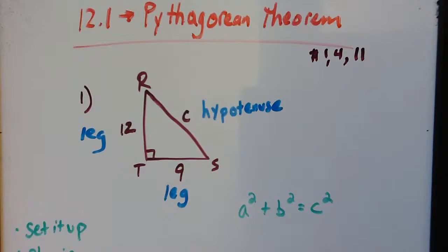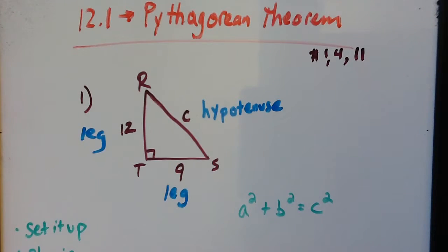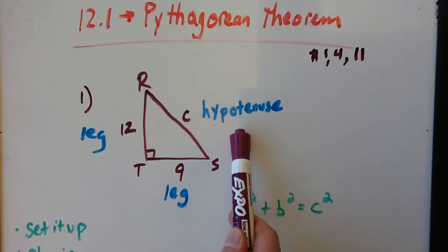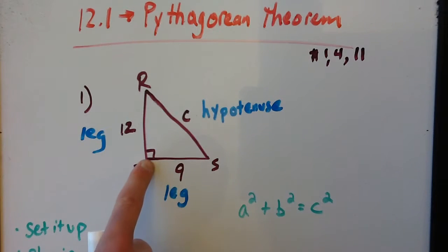8th grade, lesson 12.1 on the Pythagorean Theorem. You watched the interactive student edition on my HRW, and in that interactive student edition they proved to you how a squared plus b squared equals c squared. That a represents one of the legs of a right triangle, b represents the other leg of a right triangle, and c is what we call the hypotenuse, which is the side of the right triangle opposite of the right